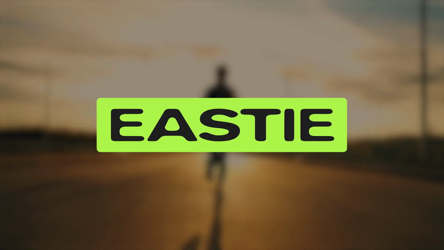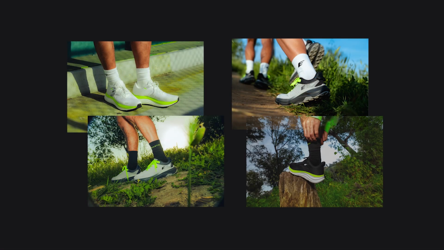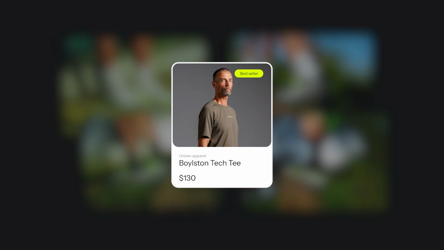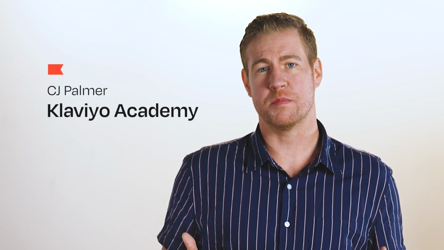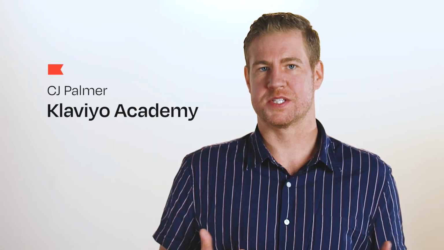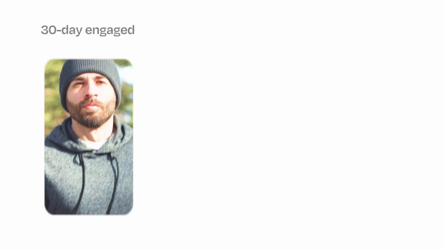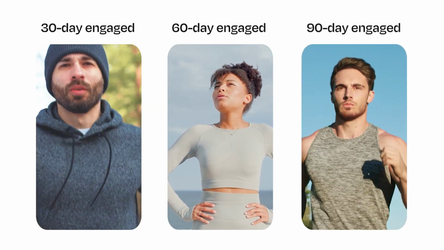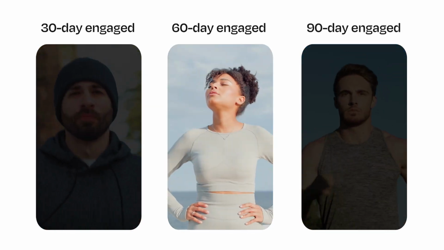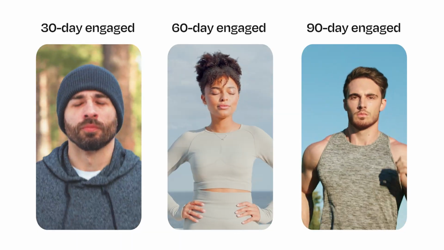Meet Eastie. They're a growing athletic wear brand with a loyal following and a Klaviyo account full of customer data. When they first started out with email marketing, they did what most brands do. They created a few engagement-based segments: 30-day engaged, 60-day engaged, and 90-day engaged. These segments help them protect their deliverability and send to people who are actually engaging with their messages, a solid